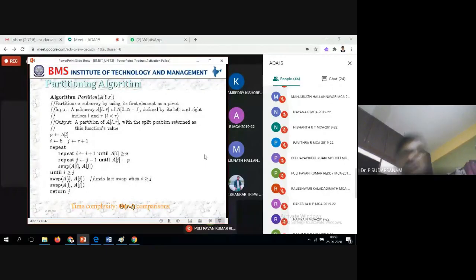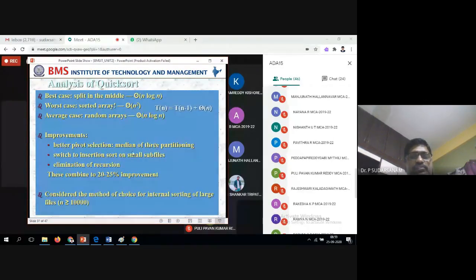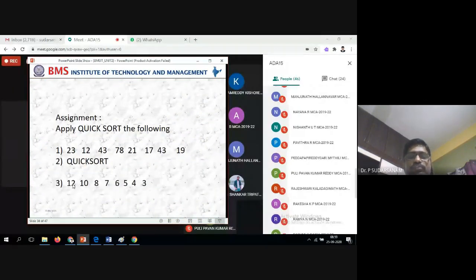Now, what I have told you is, I have given the problem something like this here. Where is the quick sort? So now this one is called the best case, making the partitions. 23 you may be getting somewhere, and left hand side you are getting 12, 17, 21. 3 elements this side, remaining elements that side. Thus we have done it.